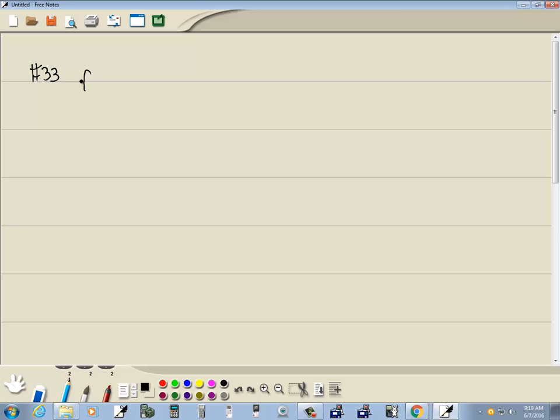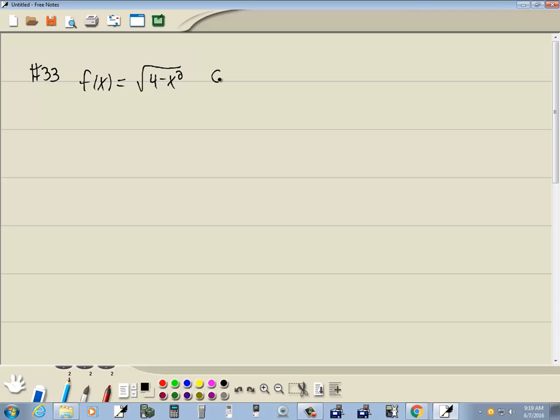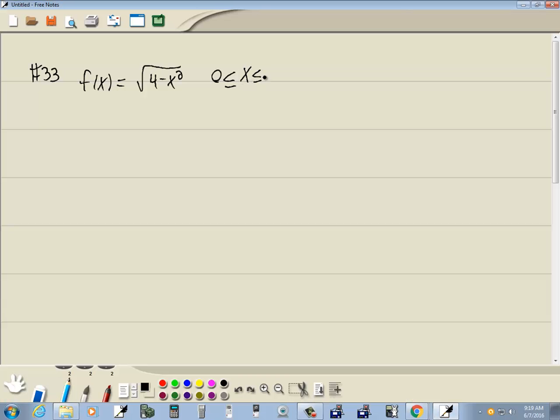In 33, we have f of x is equal to square root of 4 minus x squared from 0 to 2. Now if I were to graph this,